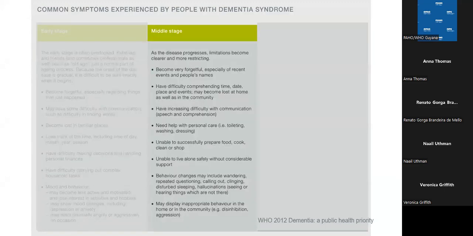During the middle stage a patient becomes very forgetful, especially of recent events and people's names, have